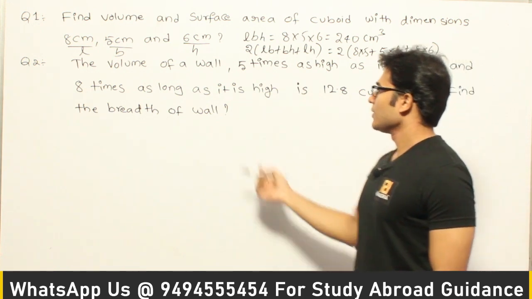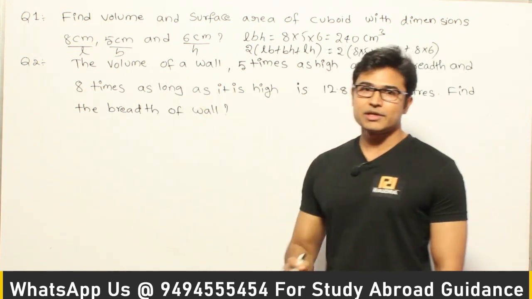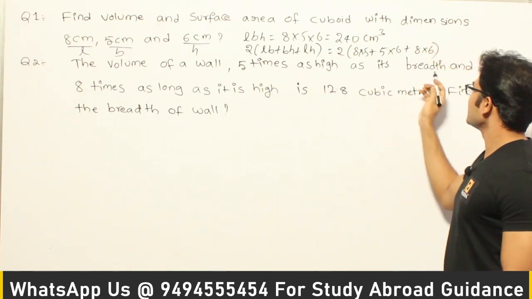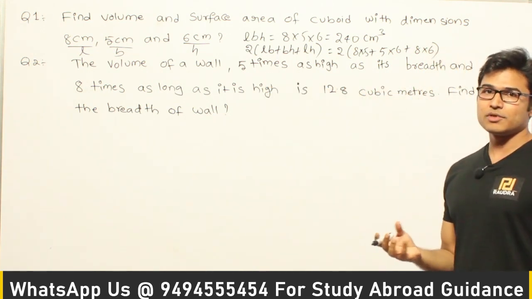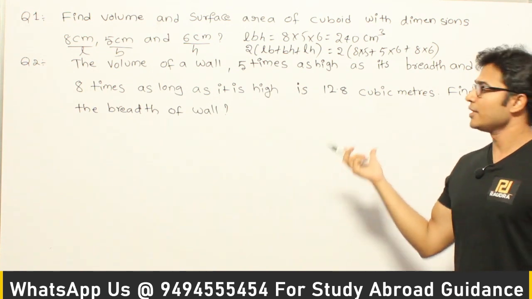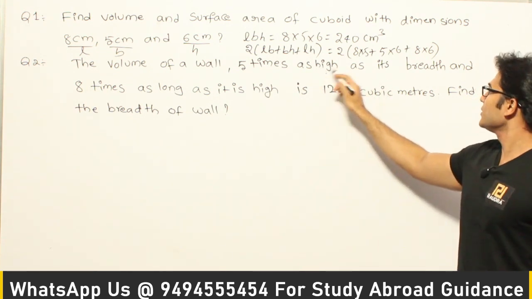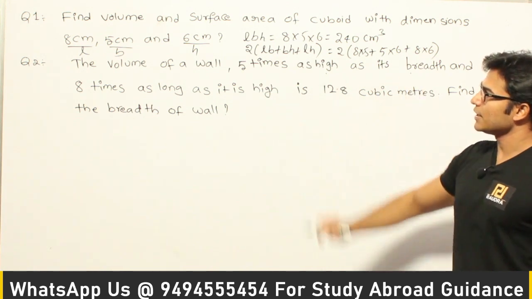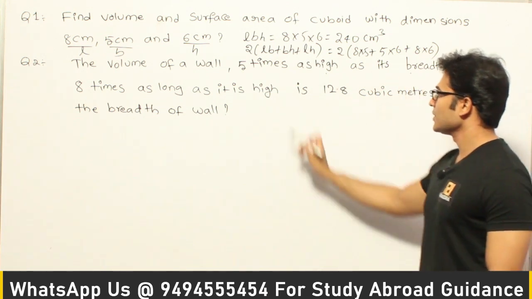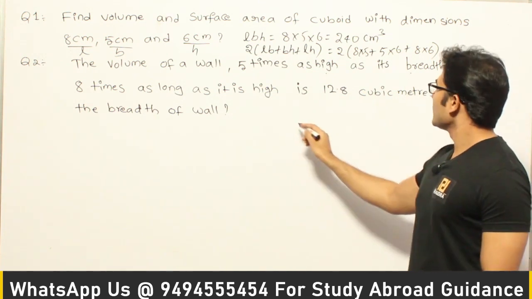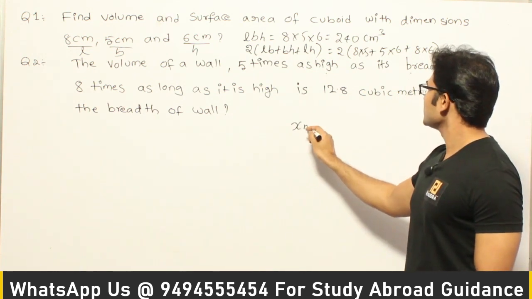And the next one is the volume of a wall. So they are saying that there is a wall. The volume of a wall, 5 times as high as its breadth, which means they are talking about the wall qualities. So one is height and other is breadth and other is length. So see this, how they are saying it is 5 times as high as its breadth, which means if you assume that the breadth is x meters, then